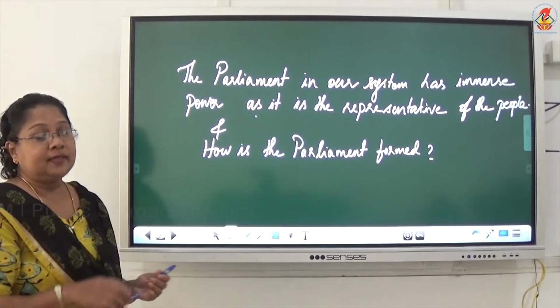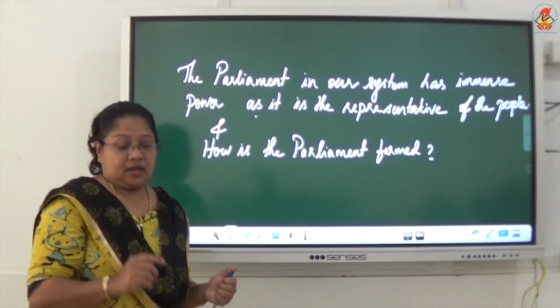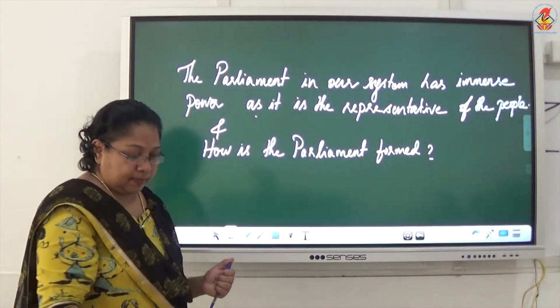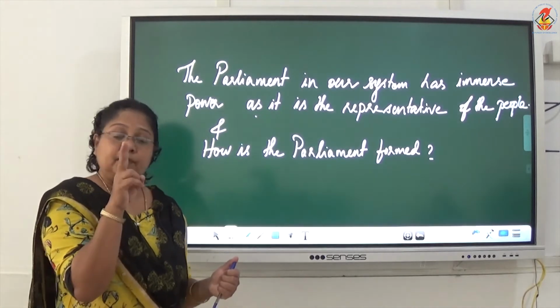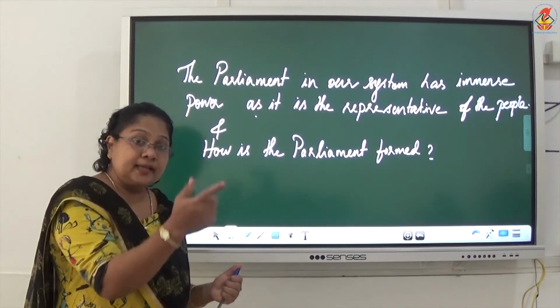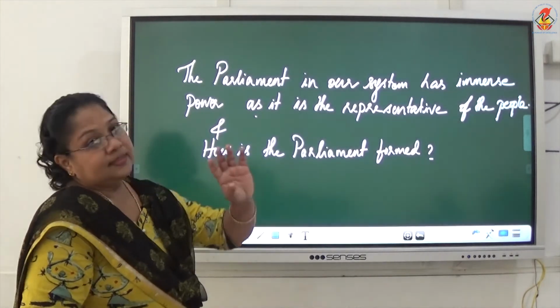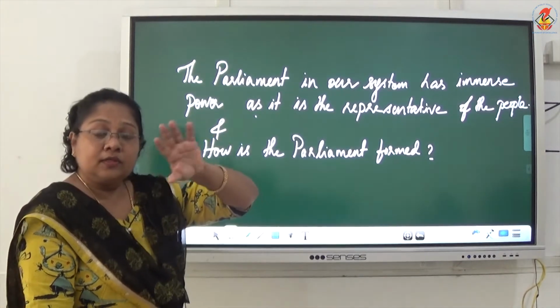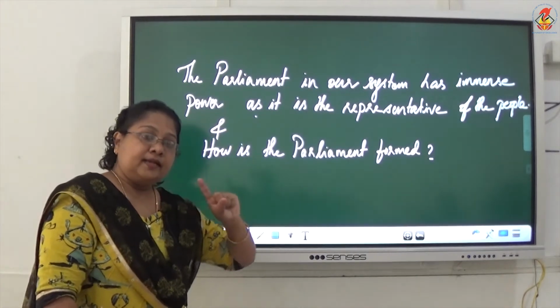In Lok Sabha, the total number of seats is 545, out of which 543 are elected members and 2 members are nominated by the President from the Anglo-Indian community. So, in that sense, there are 545 seats. Election will be held in all these